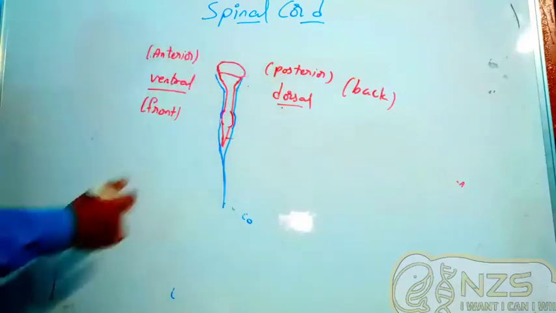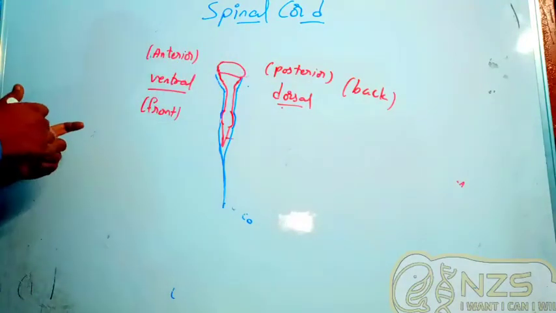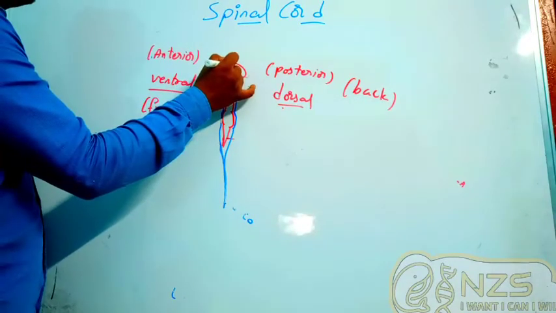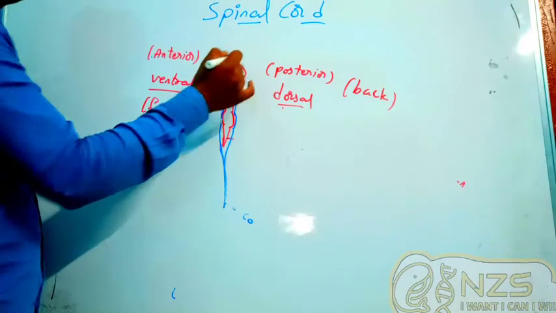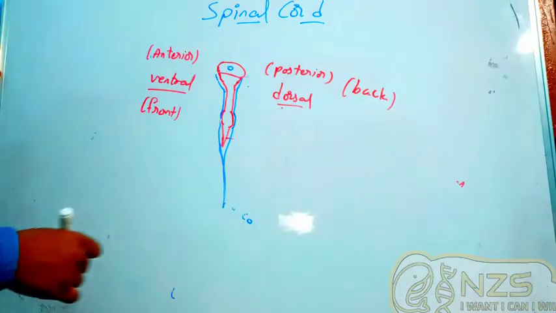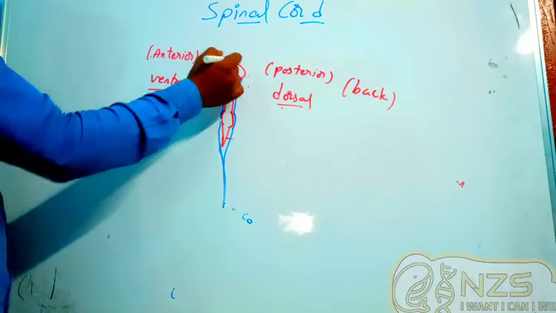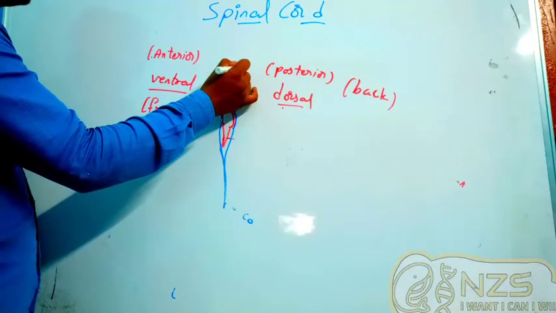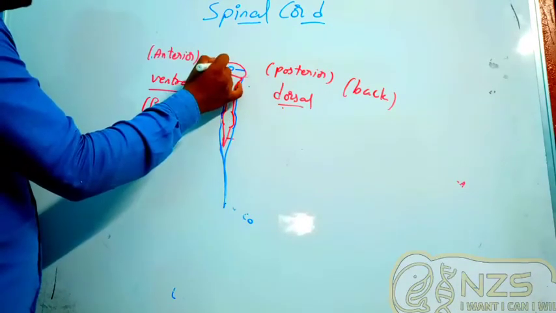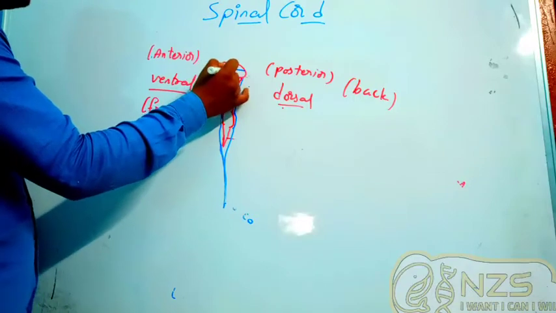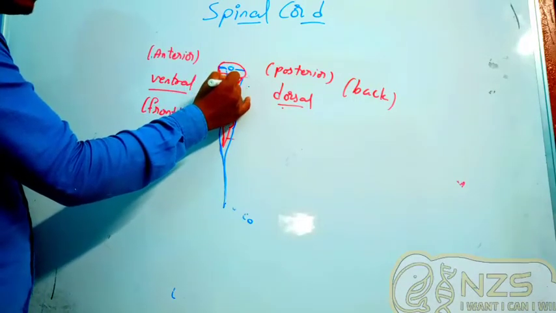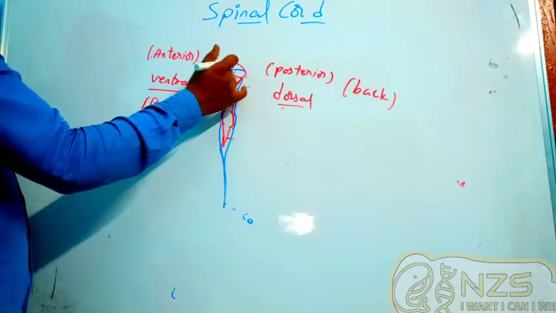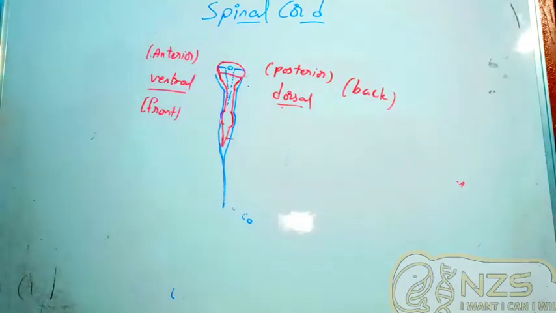Now if you cut it, in the center you can see the central canal with all the ependymal cells, which we have discussed previously also, for the transfer of CSF. We can also see a fissure, a dorsal fissure and a ventral fissure, traveling all along the spinal cord. So all along the spinal cord, you will have this dorsal fissure and the ventral fissure.